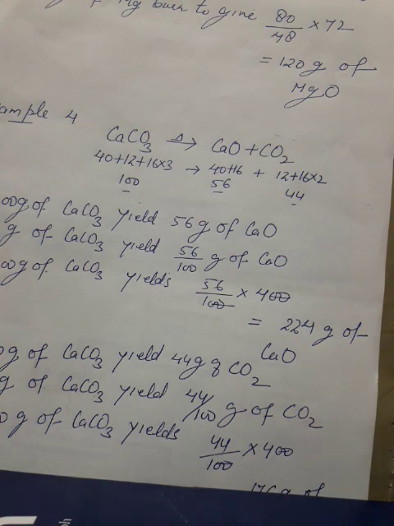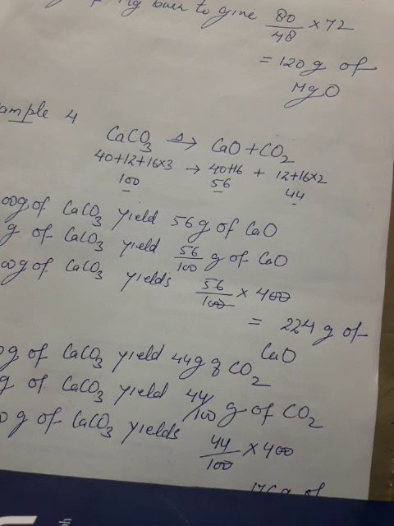So, let us start with calcium carbonate. Atomic mass of calcium is 40, plus carbon is 12. Oxygen atomic mass is 16. There are 3 atoms of oxygen, so 16 into 3. Calculate, what we will get: 100 gram. Now, find the mass of calcium oxide. Calcium 40 plus oxygen 16. Add, what we will get: 56. Then the mass of carbon dioxide we can also calculate. Carbon 12, oxygen 16, but 2 atoms of oxygen are present. It means 16 into 2, 32. So, 12 plus 32 is equal to 44.